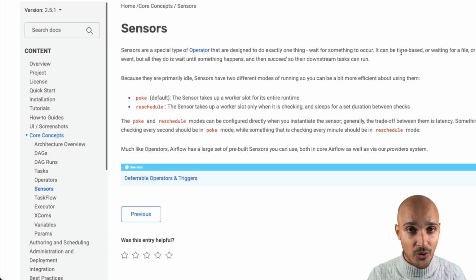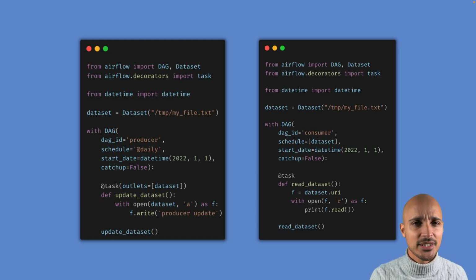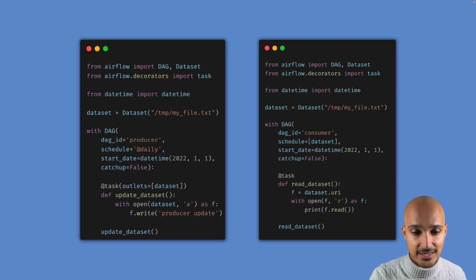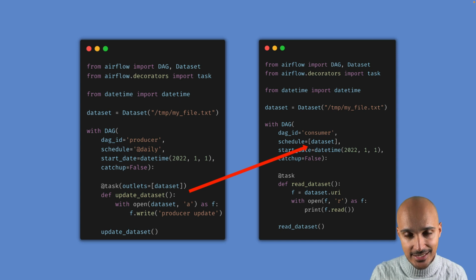Since Airflow 2.4, you have the concept of datasets. Think of a dataset as a link to a piece of data that can be a file, that can be a SQL request, whatever you want. As you can see here, you have two DAGs. On the left, you have the producer DAG, and on the right, you have the consumer DAG. The producer DAG is scheduled on a given interval of time, and it has a dataset as shown with myfile.txt. You have a task, update dataset, and as soon as this task updates the file myfile.txt, as defined in the dataset, the consumer DAG which is scheduled on that dataset will be automatically triggered. And now you are able to schedule your DAGs based on data updates.